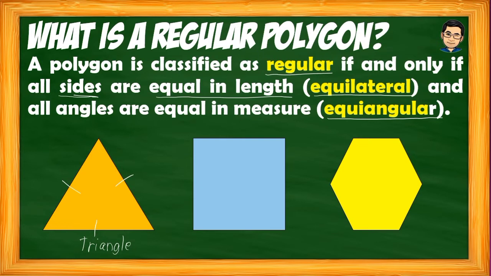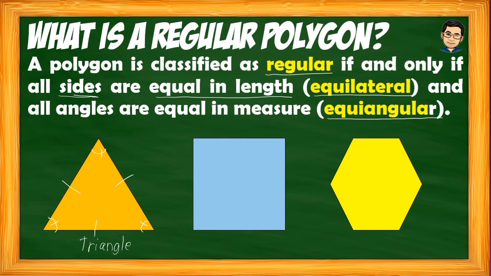And then, doon sa angle naman, lagyan lang din po ng markings. Kailangan yung markings natin magkakapareho. So since all sides are equal in length and all angles are equal in measure, we can classify this triangle as a regular